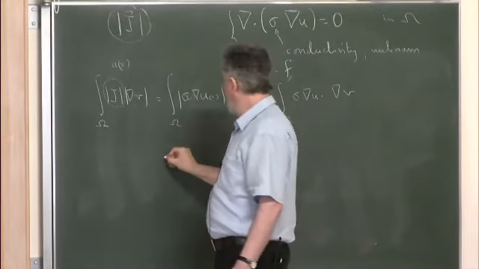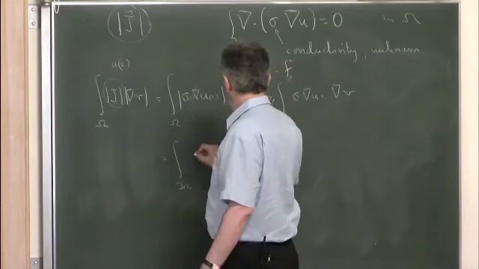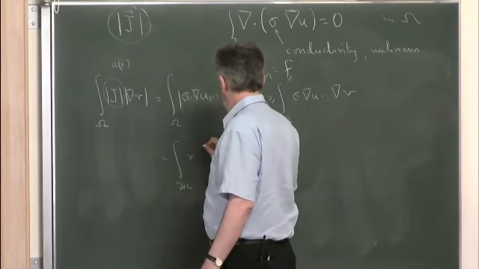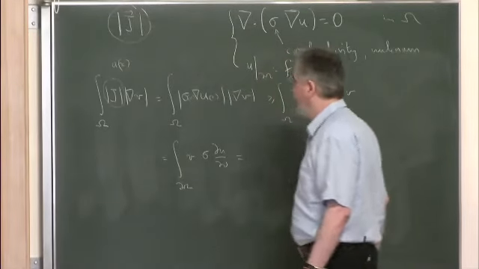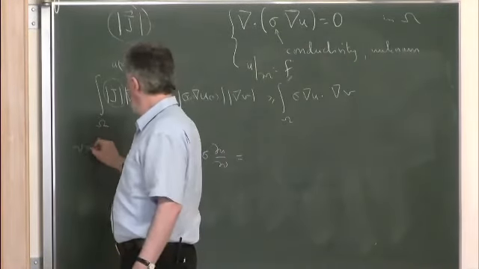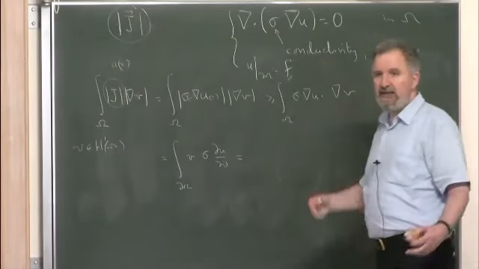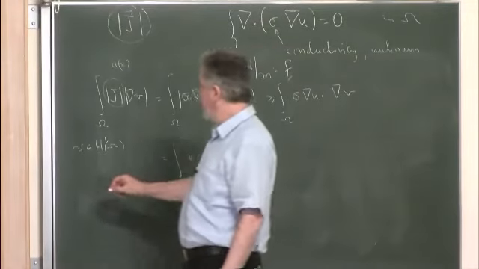And so this will leave me only with a boundary term, V sigma du d nu. So if V is any competitor of U, which equals F on the boundary,